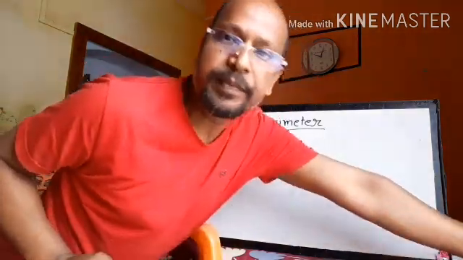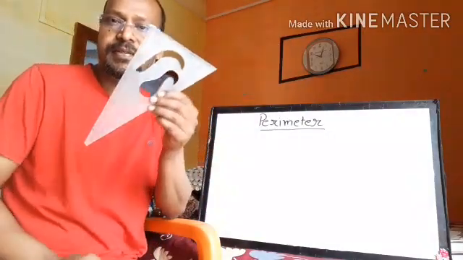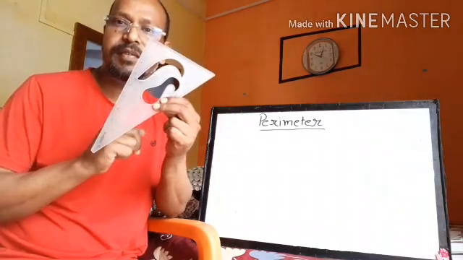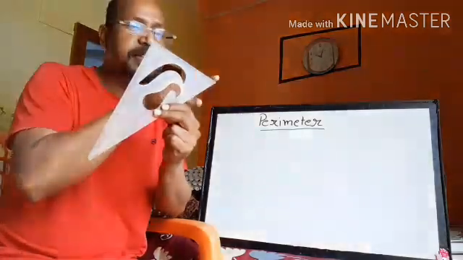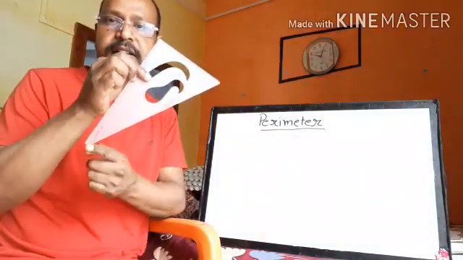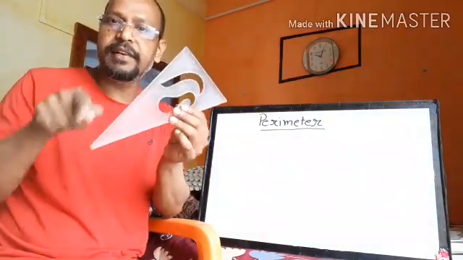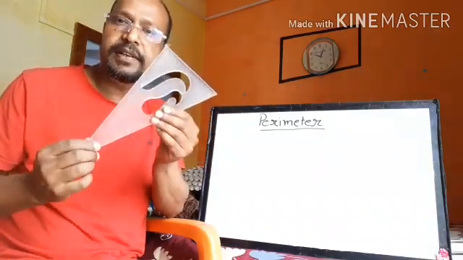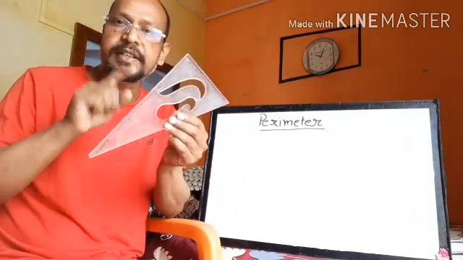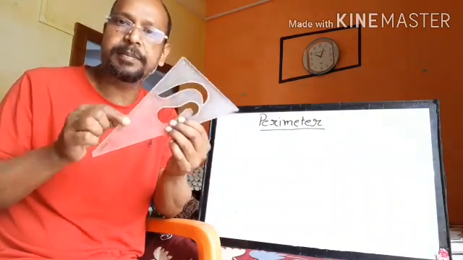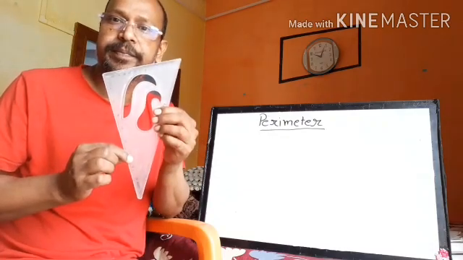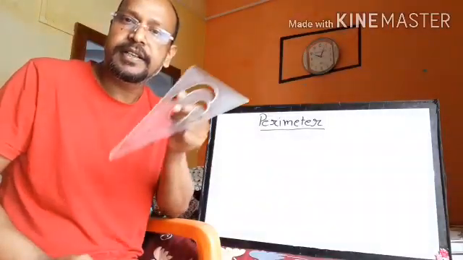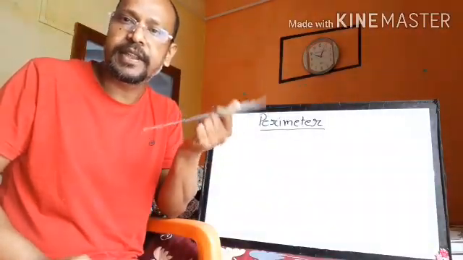For example, I have this triangle in my hand. If I ask what is the perimeter of this triangle, then what will we do? I will measure this side and this side, and after that, I will add these three sides together. In such a way, I will get the sum of these three sides. This sum of three sides stands as the perimeter of this triangle. It means the sum of outer dimensions of any figure is known as the perimeter of that figure.